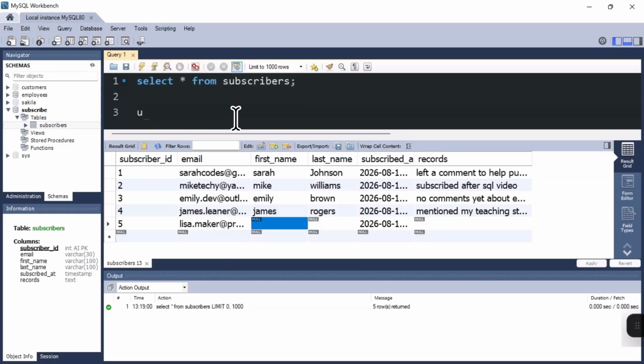You come and say update, name of the table. Mine is subscribers. Set first name equal to a set of quotes. Then in between the quotes, we're going to have our first name, which is Lisa,